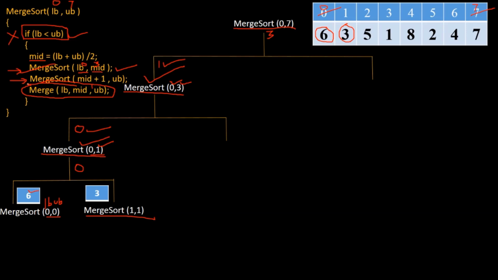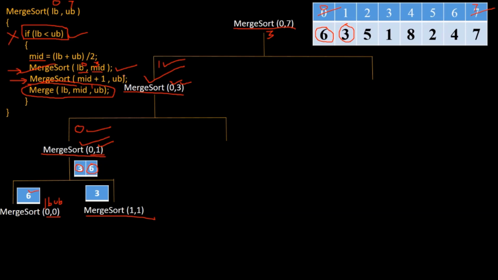Okay, so we have come to the merge of this particular merge sort function, right? So while performing the merge, what should happen? It should give us 3 and 6, right? So it has given us 3 and 6. First it has given 3 and then it has given us 6. Okay, so this function completes. So again come back to this function. This function has completed all its left part. Now this right part is remaining.